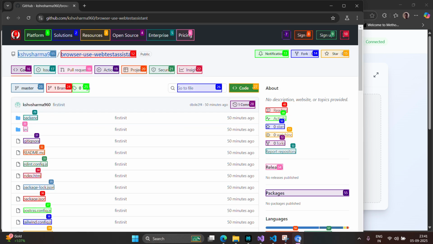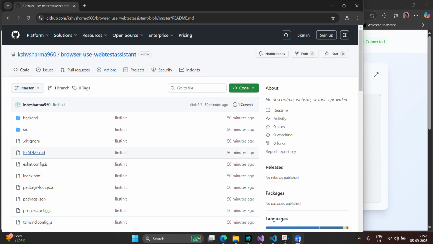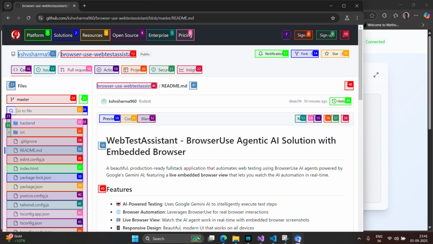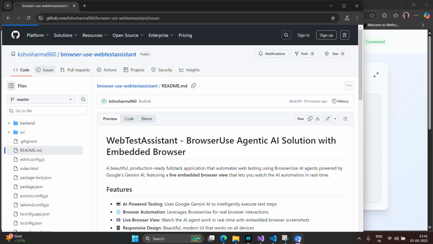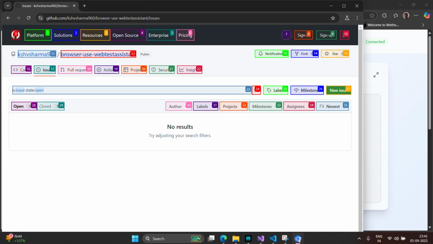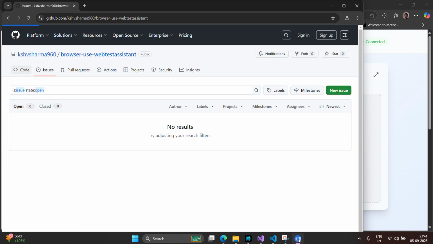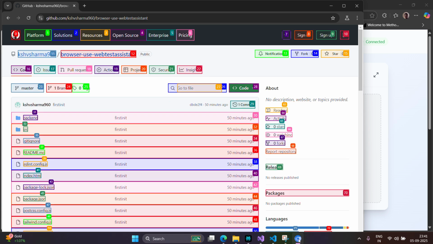Perfect, it's there. And now it needs to validate all the files and folders which are present over here. And it clicked on readme, and that's what we suggested. And now it is validating that readme is having any content. Now the next part is going to issues, and it will see whether no issues or any issues are present over there. Alright, it is able to navigate to all the steps like we said,